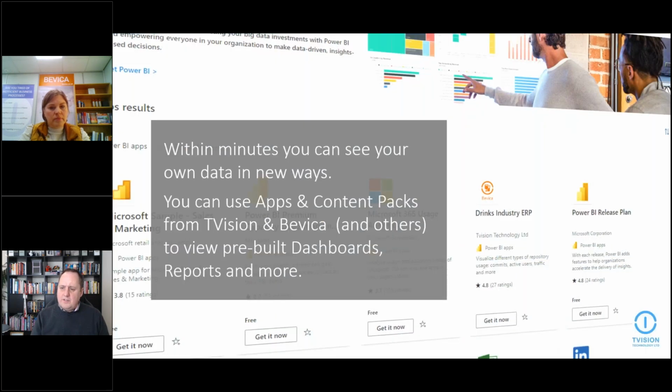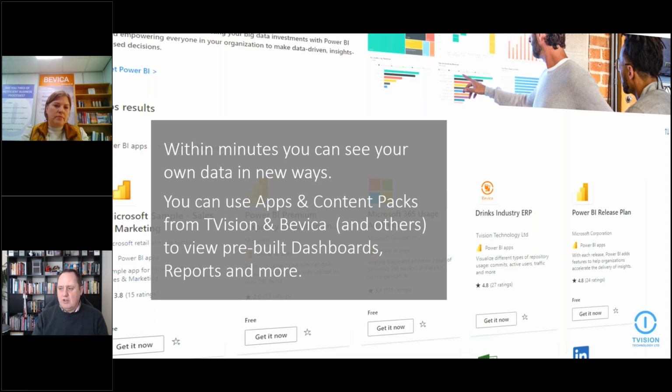One of the things that we'll be looking at is how you can use existing applications, content packs produced by TVision, Bevica, to analyze the data that you've got, or you can create your own, and you can do this with speed to start to pull information directly from your systems, many different systems, really quickly.